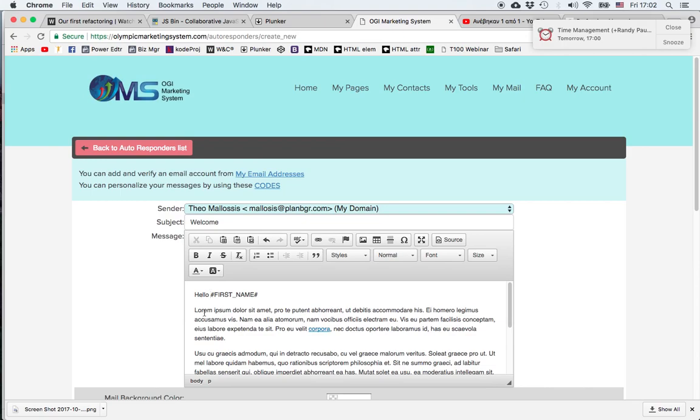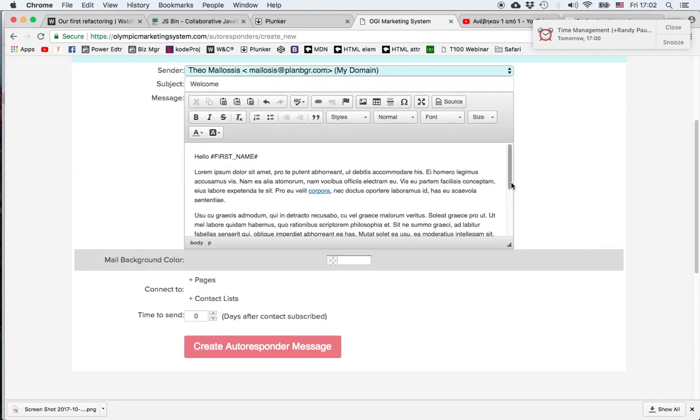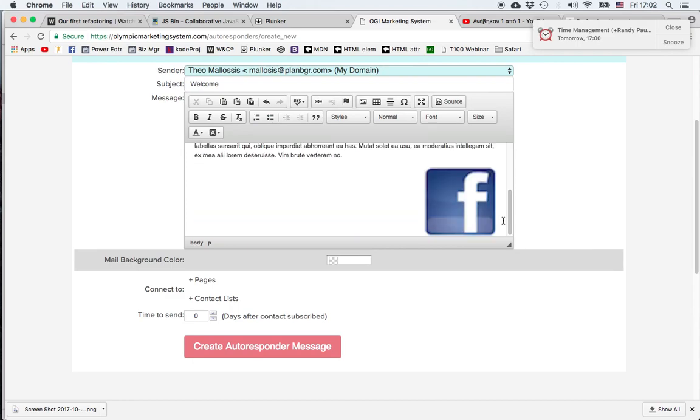Also, the system automatically inserts a text at the end of the message telling the prospect that if not interested, they can unsubscribe. So this is what we can do regarding formatting, and we can also change the background color. Then we decide